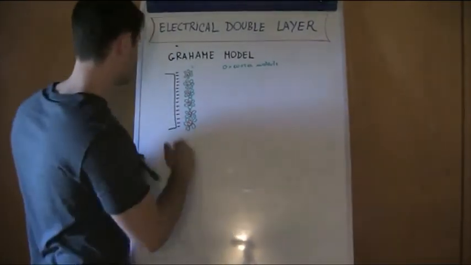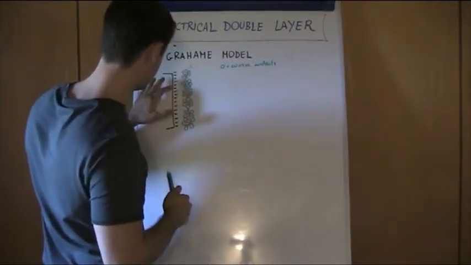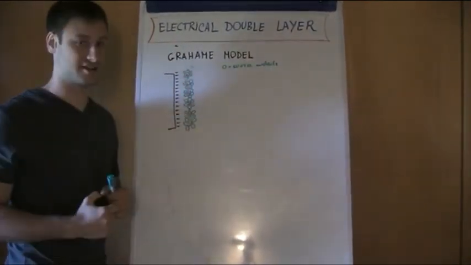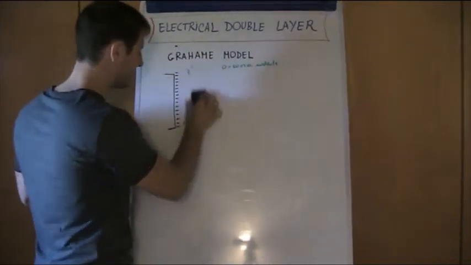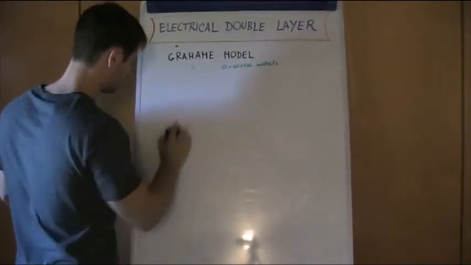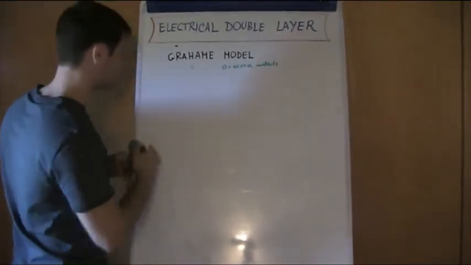What does it mean? That in the Grahame model, at the very beginning, we do not have positive cations, but we have a layer that is